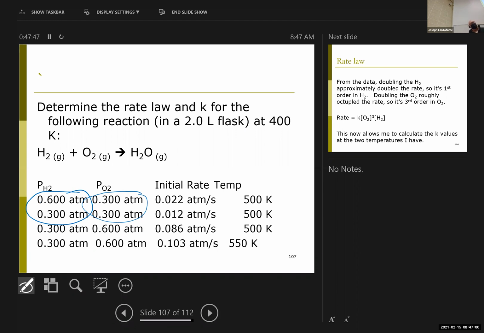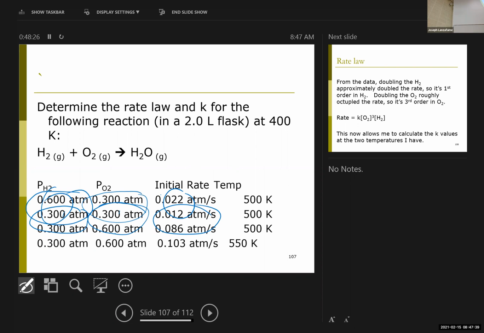And so the order of the reaction with respect to hydrogen should be 1. So it's first order in hydrogen because doubling it doubled it. Now for all the fun and cash prizes, right? If I look at the second and third, now the hydrogen was constant. If I doubled the oxygen, the rate increased by a little more than a factor of 7. That makes the order third,